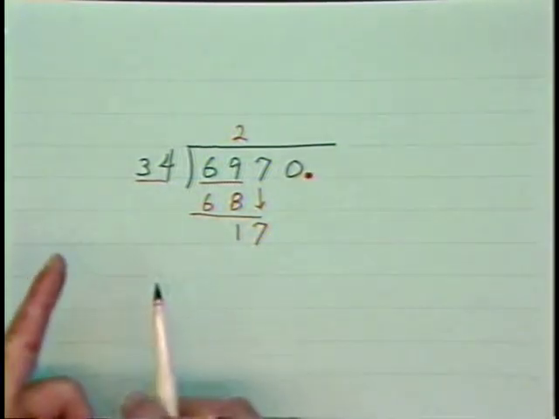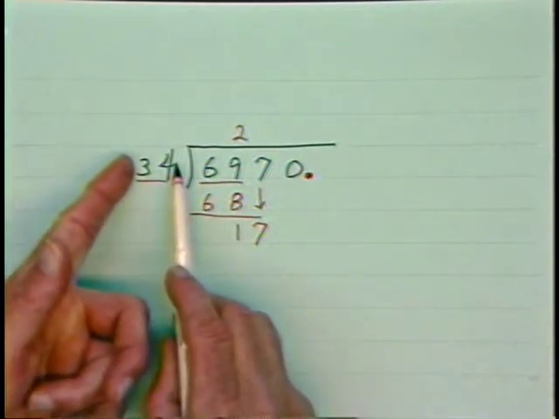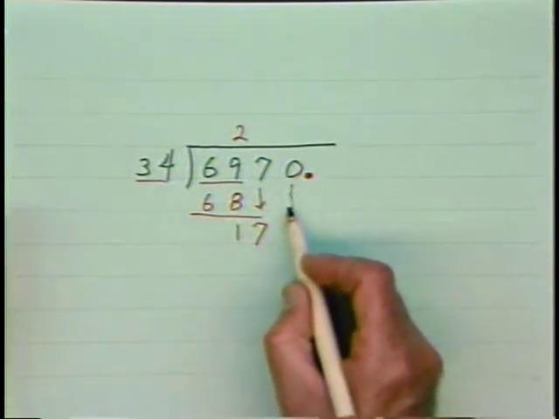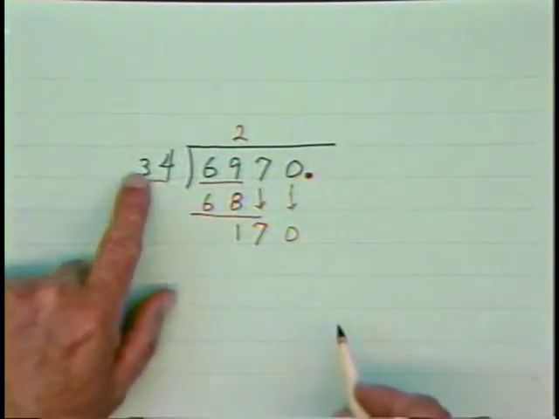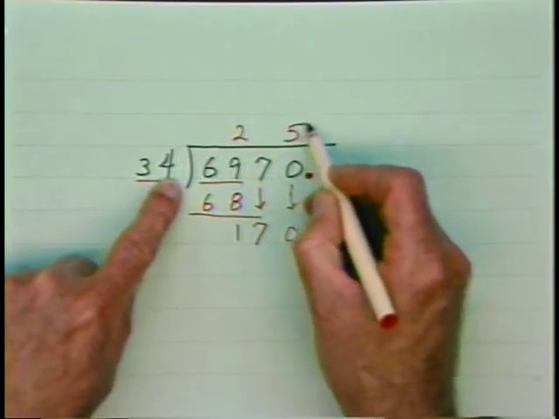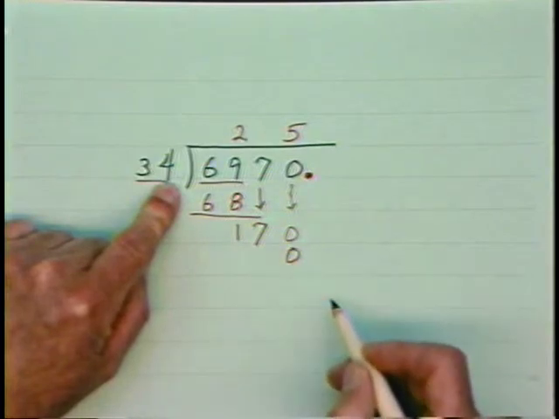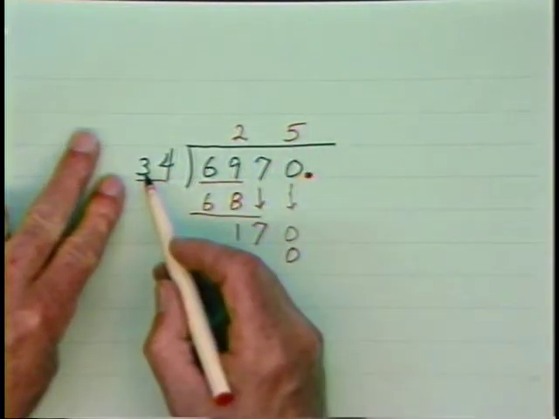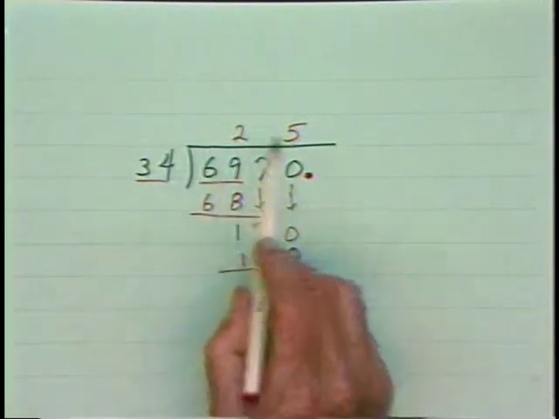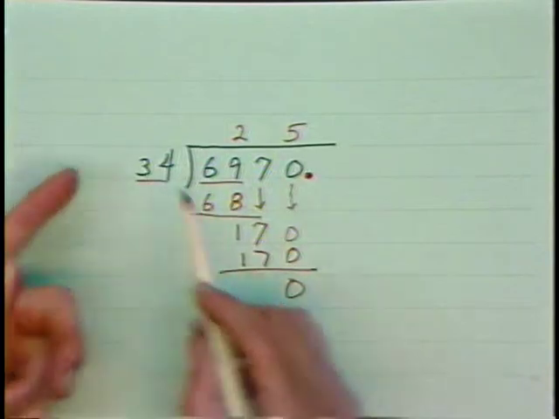And you recall some lessons ago, there were some people that would say this does not go into this. So then they would say, bring down the next number, and this does go into here, looks like 5 times. And then they would say 5 times 4 is 20, carry the 2, 5 threes is 15, 17. Then say, okay, I'm done. This goes into here 25 times. But if you took 34